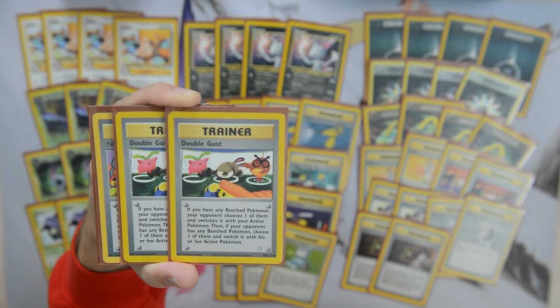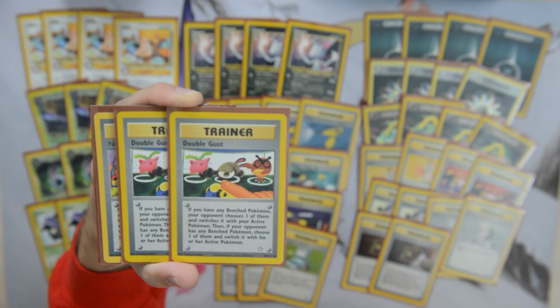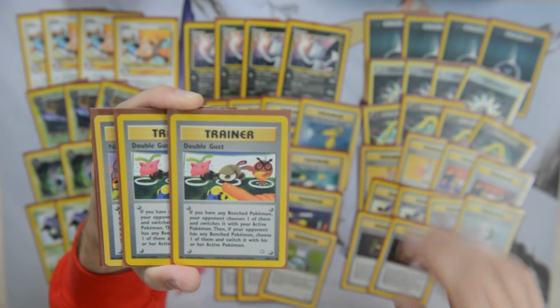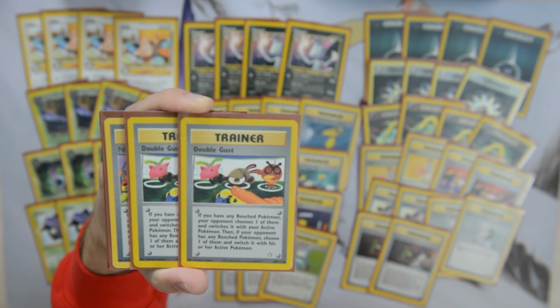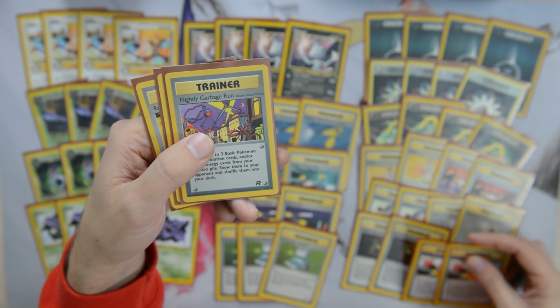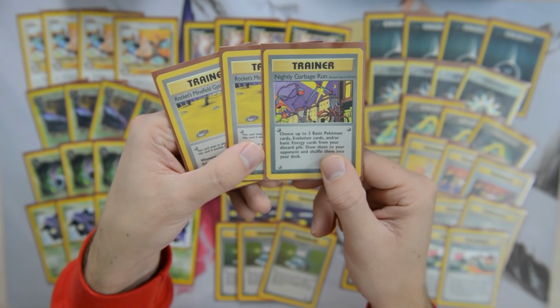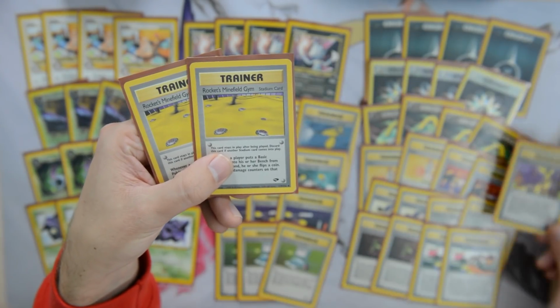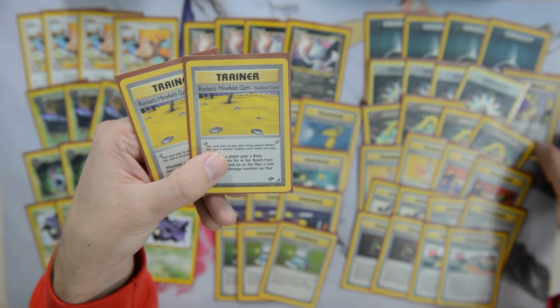So Double Gust is basically just a Gust card where you get to pick a Pokemon on your opponent's side of the field, bring it in the active position, and then your opponent is going to bring somebody up, but it doesn't matter who they bring up because they all have free retreat, and you're going to get to retreat them right away. And then finally, we've got Nightly Garbage Run, basically a Super Rod from the Neo era, and then this crazy